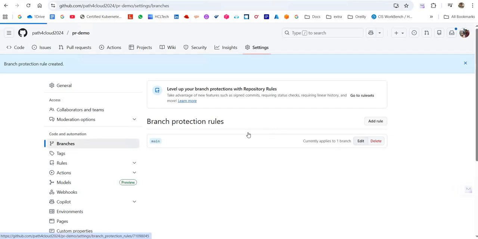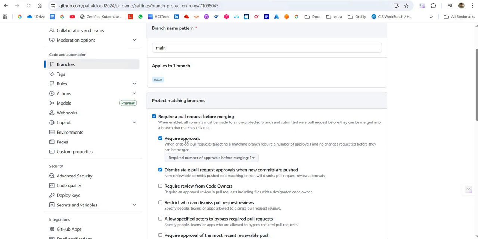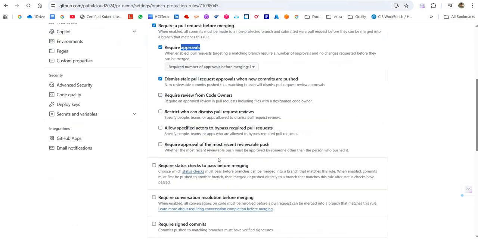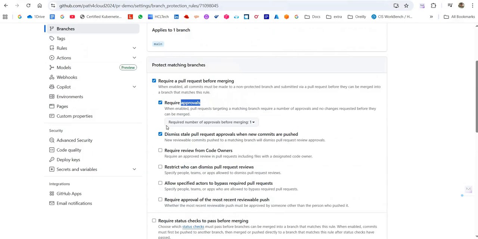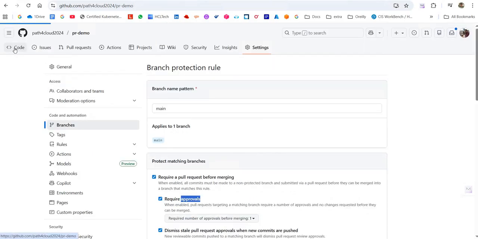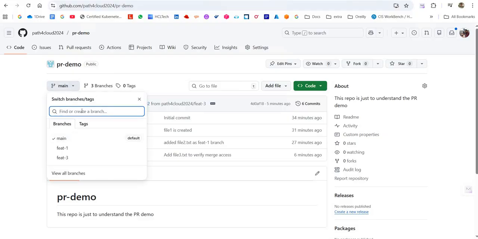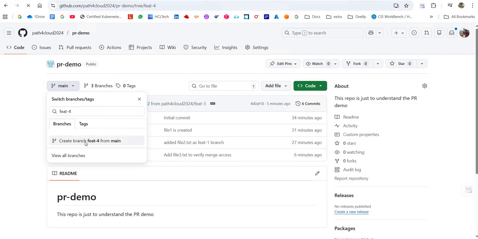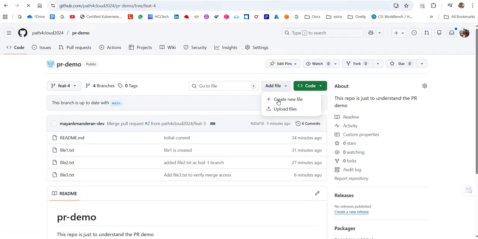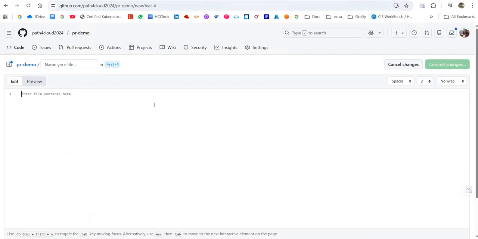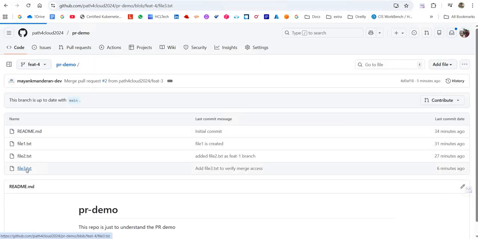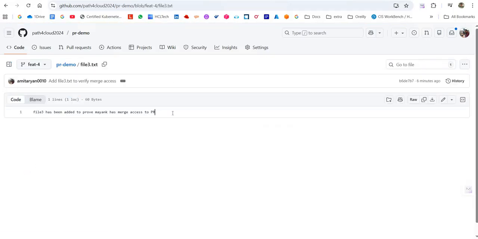So you can see it has mentioned that I need one approval for this, and that's what we have already added. Now let's come to the code, and let's quickly create a new branch here, something called feat4, and I am gonna add one more file here. Maybe not a new file. Let's do one thing. Let's change file3.txt. Okay, I'm gonna set this, let's edit this file,